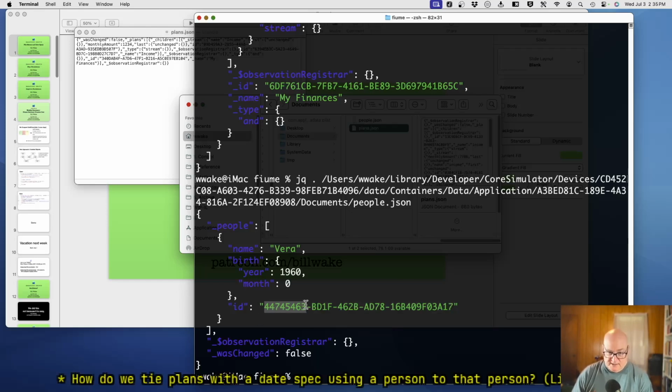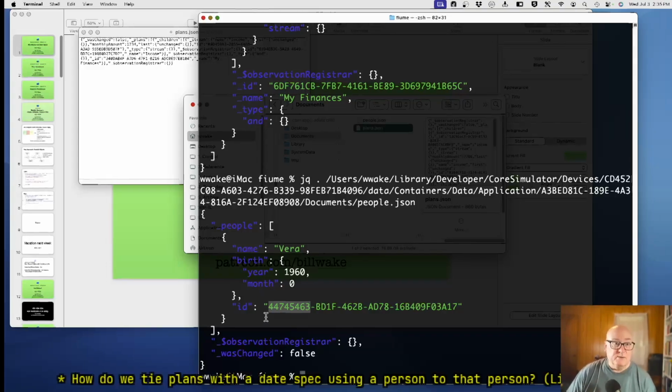But I do like the idea that instead of referencing the string Vera and including her birth date, we reference the ID and we look up her birth date in the people. It requires us to get the people object over to where it's being used, and to deal with what happens if that person isn't there. It also requires us to add a facility to look it up. So it's a bit of moving parts.